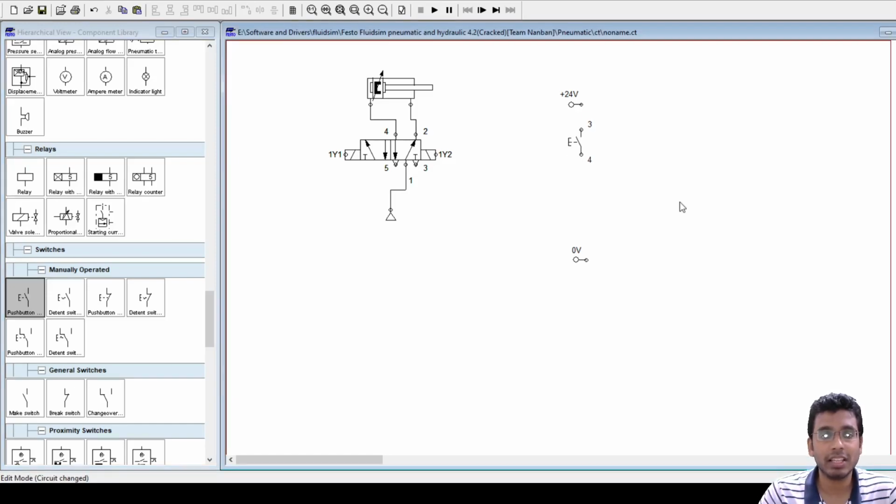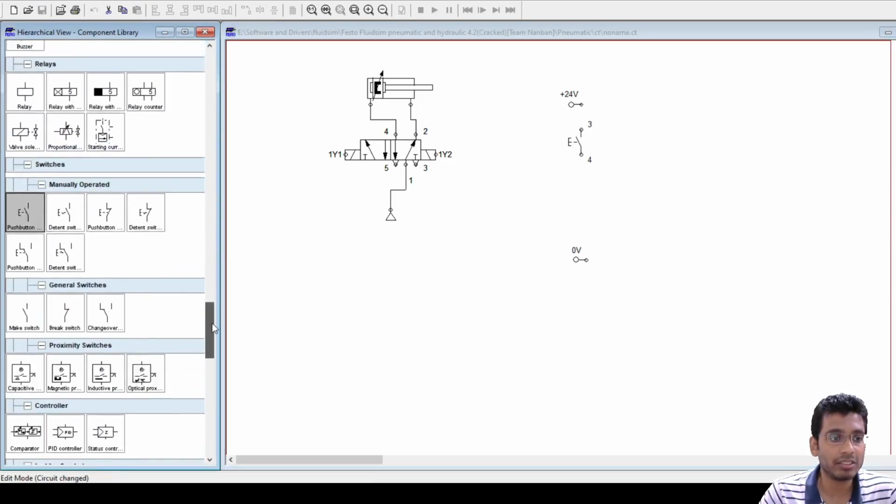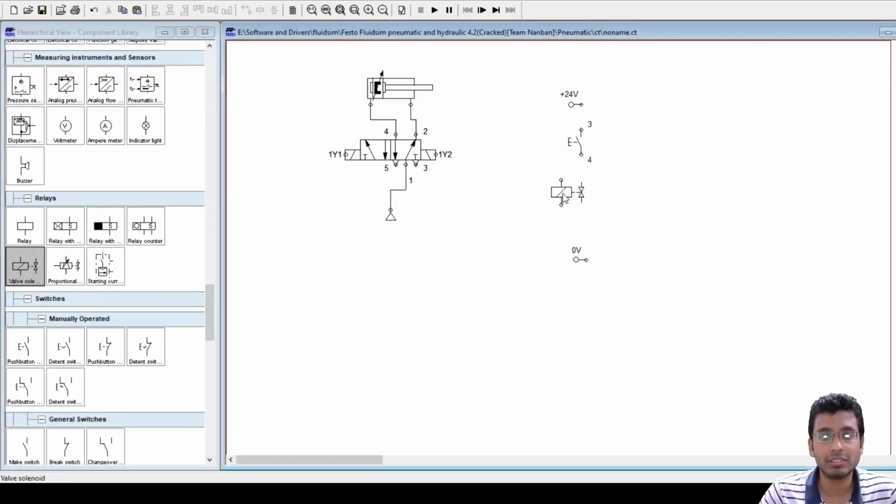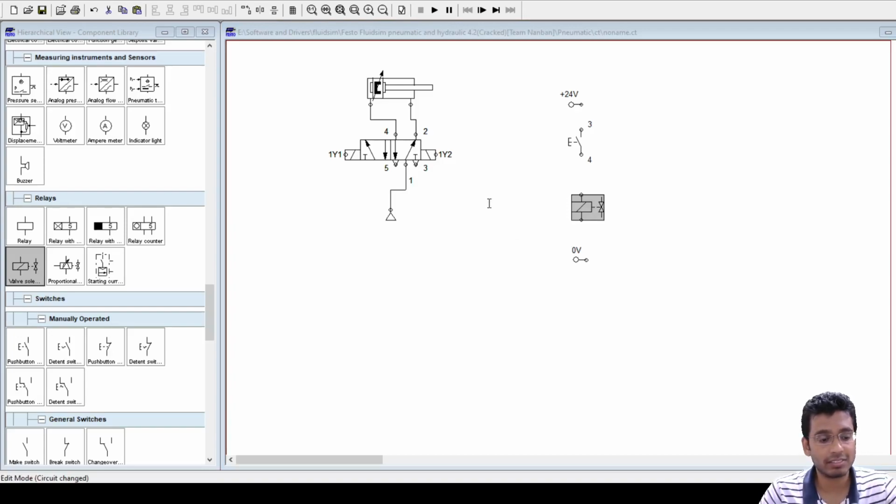Fine. And then if it is a direct control, then I will also be requiring my valve solenoid. Right? What will I name this as? 1/1. Yes, fine. So now just make these connections here.